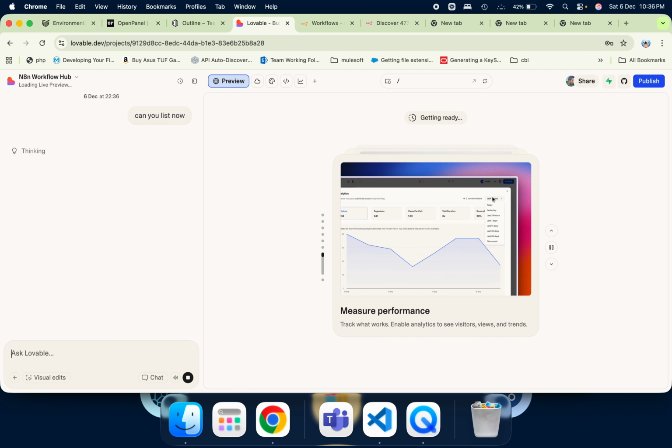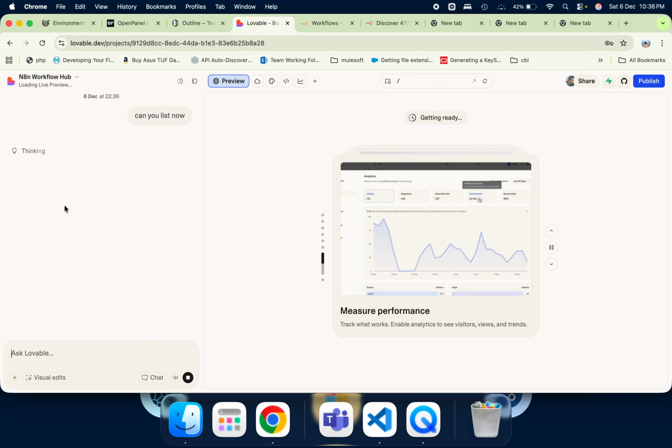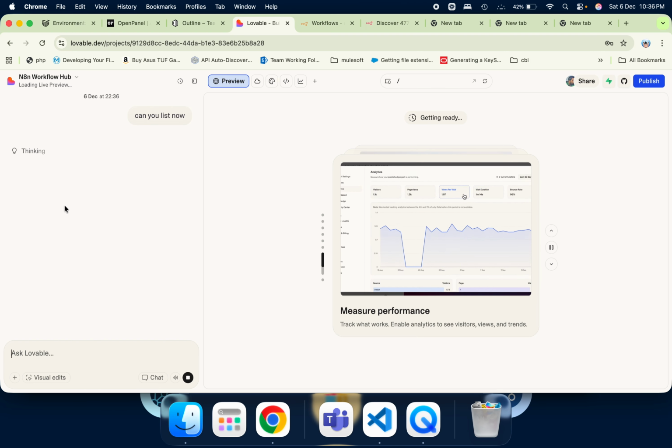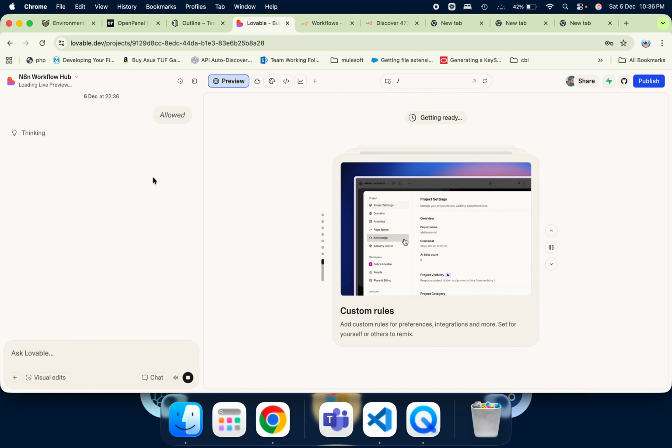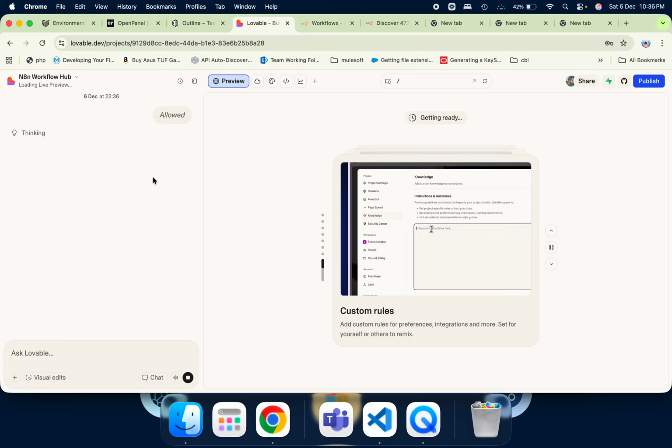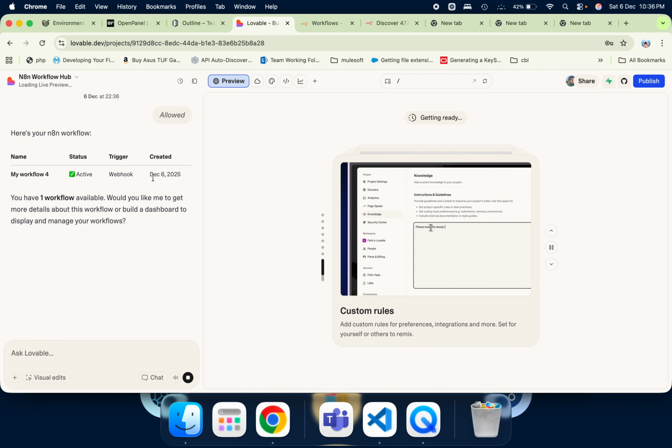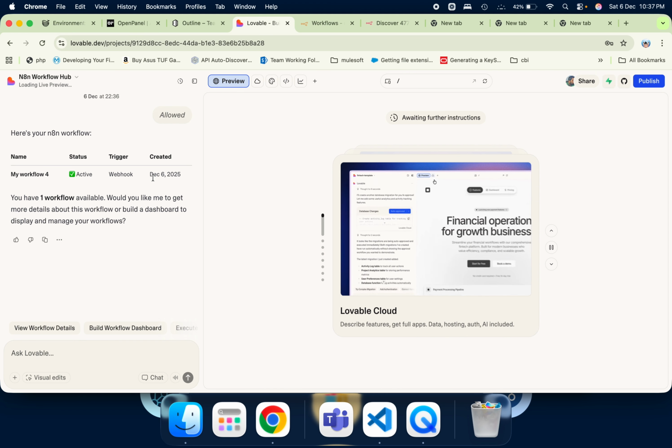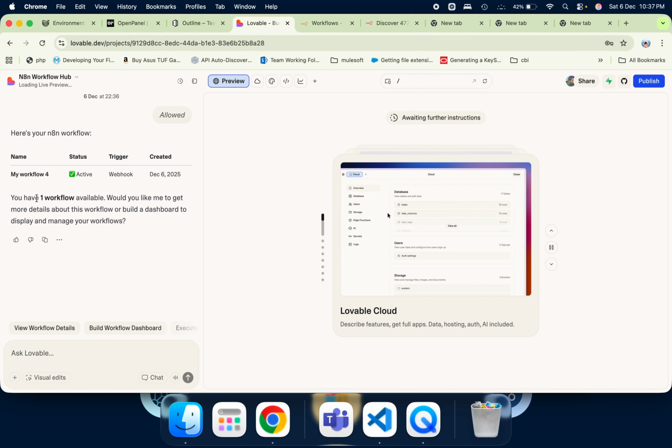So I'm asking Lovable to list it. It is trying to think again. Let's see how it pulls up my workflow, which is allowed to be listed. So technically, even though you connect MCP with your n8n, you should publish and enable the workflow for MCP access. Then only it will be visible. That's a good thing, right? Yeah, that's what it's doing here. See, right now it can be seen. Yeah,